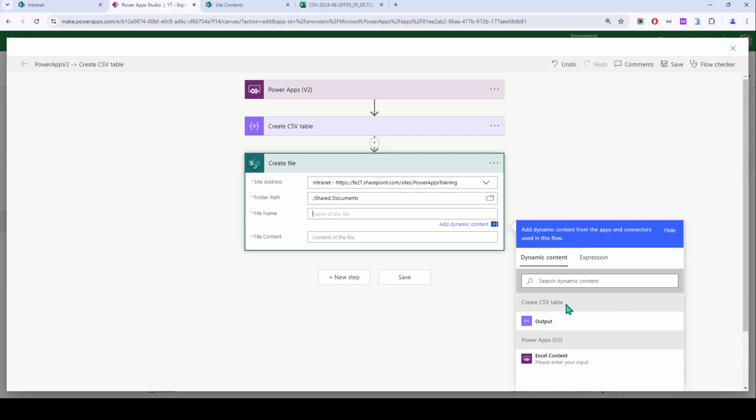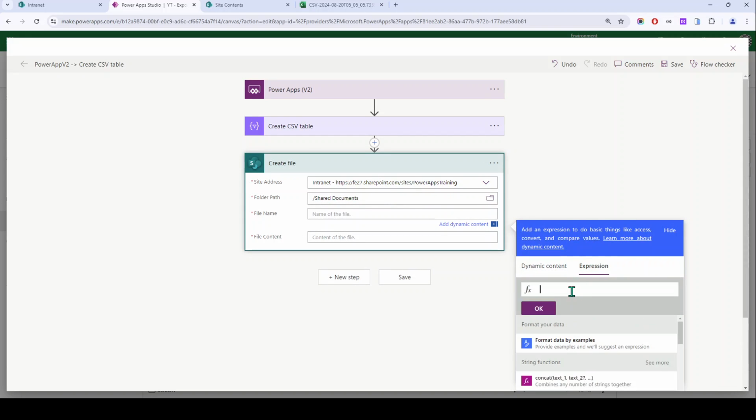The file name will not really matter, so I'm just going to use a name like this one. So let's say employee information underscore current timestamp, so that I will get from the UTC now